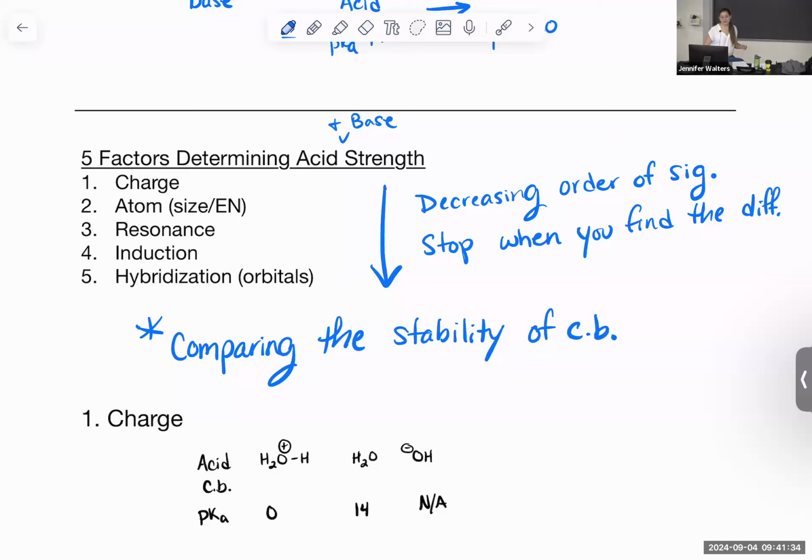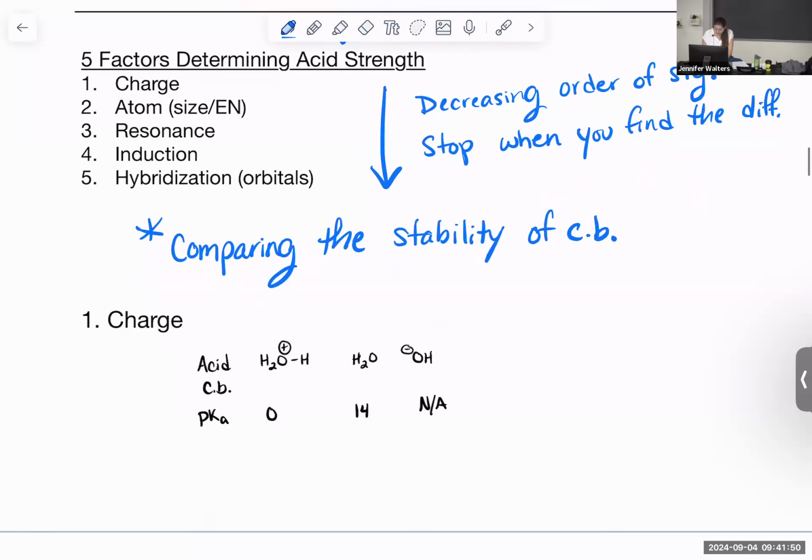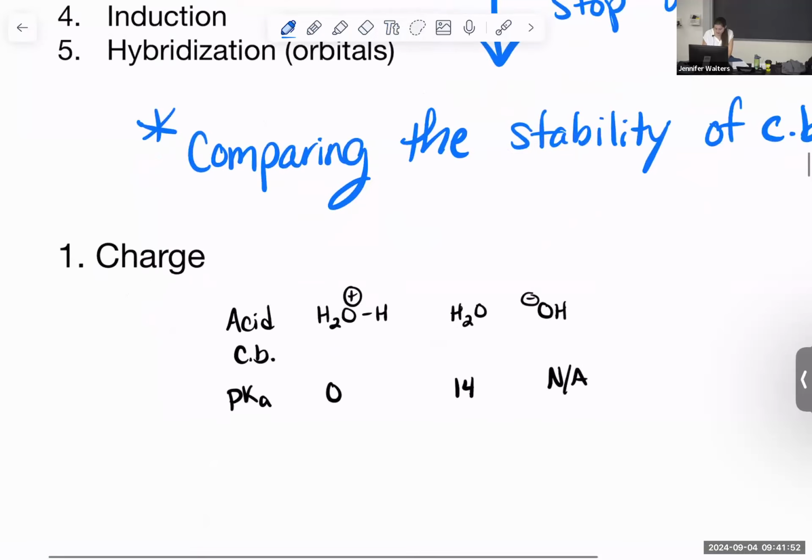So when we're looking at this, really, you can just use the bases as your point of comparison. Whatever is your more stable base is going to be the weaker base, meaning it came from the stronger acid. So when we look at charges,